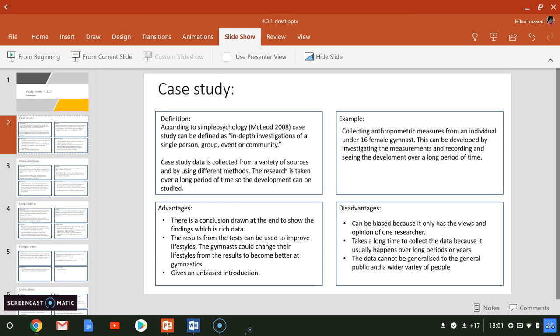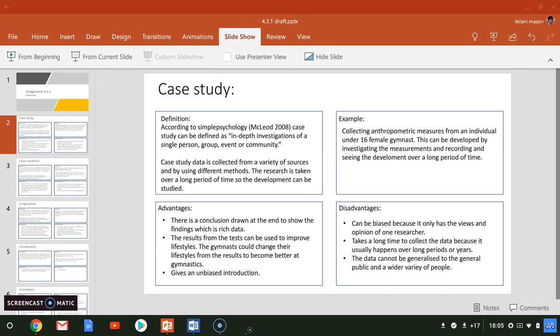An example linking to gymnastics of a case study is collecting measures from an individual under 16 years. This could be developed by investigating the measures and recording and seeing the development over a long period of time. So this is a case study investigation because it takes a long time to be able to see these changes and the development of their measurements. It is focusing on an individual, which is one of the factors of a case study. There is a conclusion drawn at the end to show the findings, which is rich data,